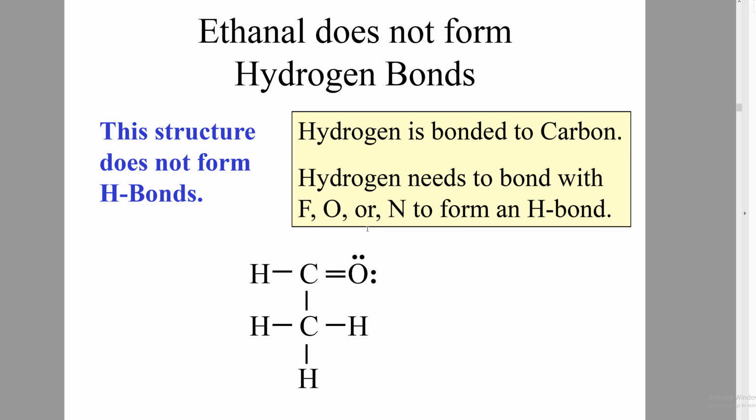Now, ethanol does not form hydrogen bonds in this case. The reason is that the hydrogen is bonded to a carbon right here, and the hydrogen needs to bond with an F, an O, or an N. So in this specific case, because that hydrogen is already built in there, it doesn't really have that ability like we had in acetamide. Now you can still make a case here, but since the O is already kind of filled up, it already has those